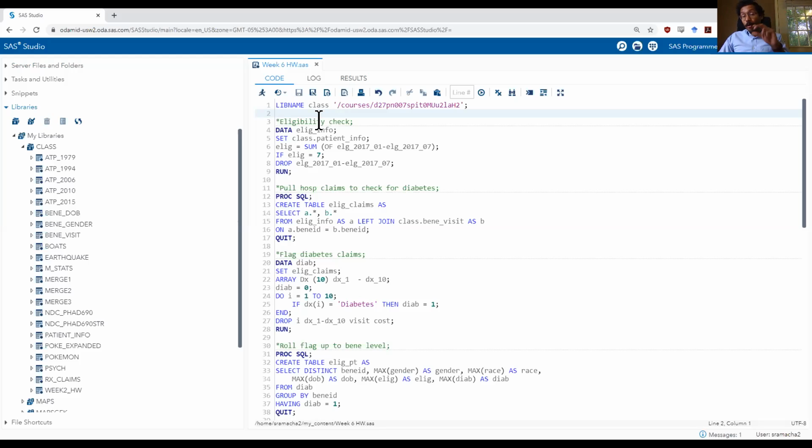And then you have to pull the outcome variable, which is healthcare costs, which come both from the prescription drug file and the hospital use file. You have to add both of those costs and identify total healthcare costs for individuals in the eligible population, and then compare across males and females. So let me go ahead and talk about how I've done the eligibility check.